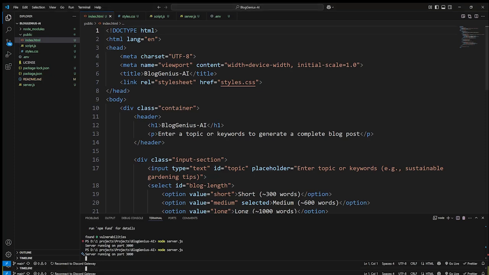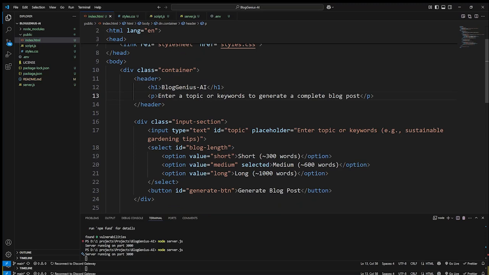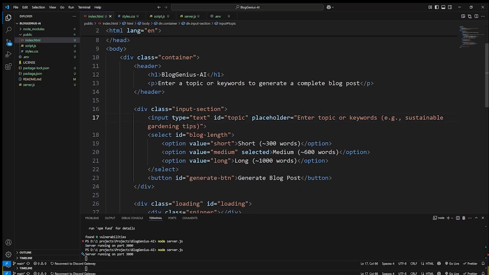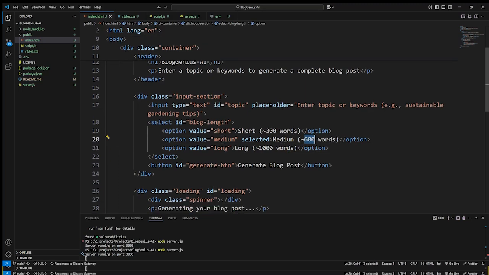Also in the BlogGenius AI, here is a short description for our project, and there is also an input section where the user can enter a topic or keywords, choose a blog post length from a drop down, and click a button to generate the post. Here you can see we have a placeholder with our enter topic or keywords. Also we have three options. We have short with max 300 words, medium with 600 words, and 1000, which we are calling